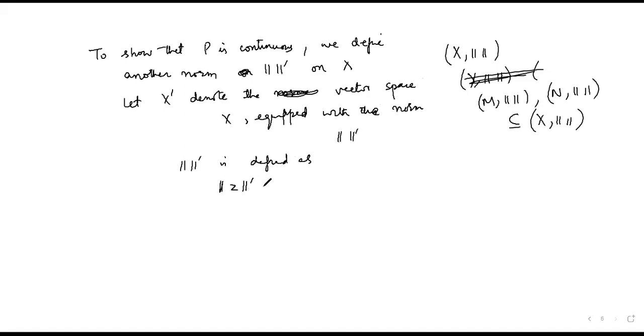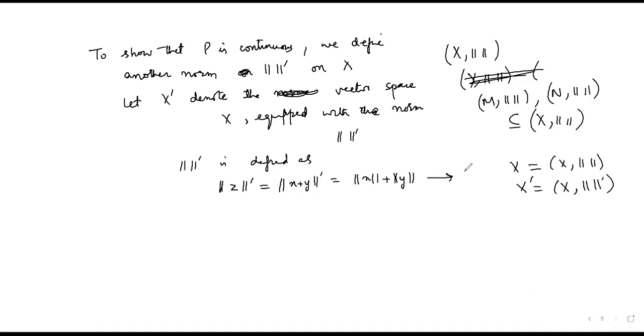norm of z prime is equal to norm of x plus y, because z can be written like this, हम इसको लिखेंगे norm of x plus norm of y। ये अपना ओरिजिनल नॉर्म, यानी x का मतलब है मेरा x विद रिस्पेक्ट टू जो ओरिजिनल नॉर्म था इसका, x प्राइम का मतलब है मेरा x जो हमारा दूसरा नॉर्म है, ठीक है। और दूसरा नॉर्म ऐसे डिफाइंड है, एक्चुअली हमें दिखाना चाहिए कि ये नॉर्म की सभी प्रॉपर्टीज सेटिस्फाई करता है। सो लेट मी लीव इट टू यू, होम असाइनमेंट। ये हमने बनाया है, defines a norm on x। तो इजी है, तुम्हें इस नॉर्म की प्रॉपर्टीज यूज करनी है टू शो ऑल द प्रॉपर्टीज फॉर दिस नॉर्म।